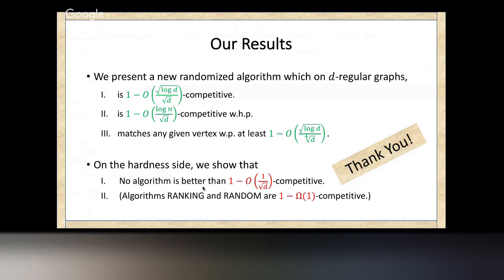So what does it mean to beat Gabow? Their running time is n log n. That's pretty fast. I'm saying if you're willing to get an approximate solution, you can do faster than n log n. And even in an online sense, for example, if you start off with a d-regular graph,